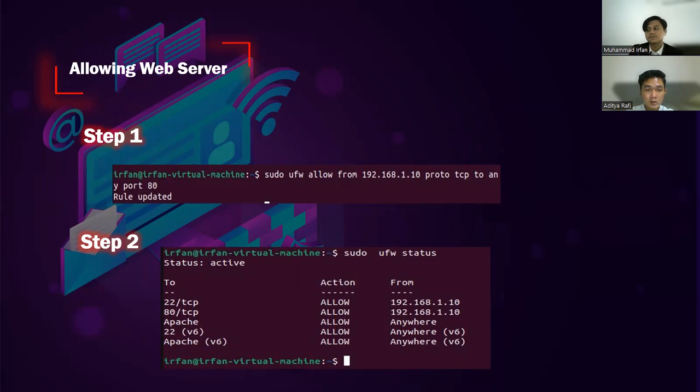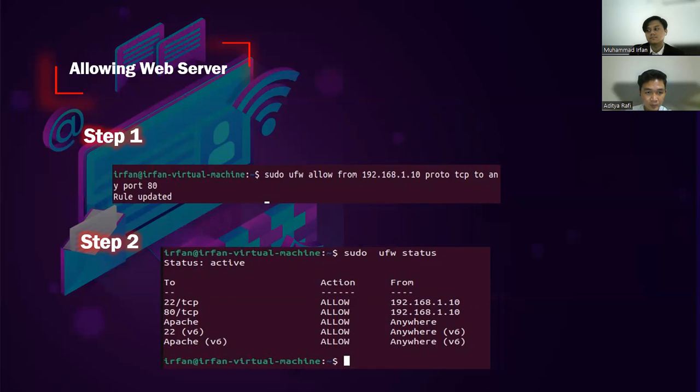Enter the syntax sudo ufw allow from the host IP, the IP of the website, such as 192.168.1.10, proto TCP to any port 80. This means we are allowing any port 80, namely HTTP, on this firewall.